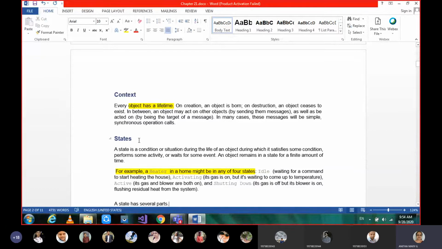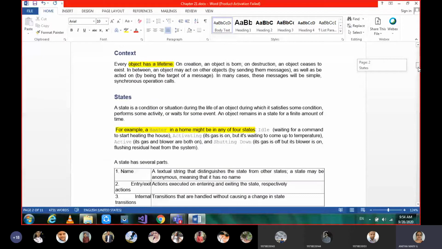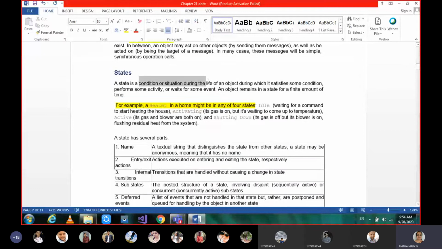And moving on to the states. So we learned about what a state is. It's nothing but a condition or a situation during the lifetime of an object, during which it satisfies some conditions, performs some activity or waits for some event. And an object remains in a state for a finite amount of time. So that's the example I was telling you: you are a student, which is for maybe 2-3 years.